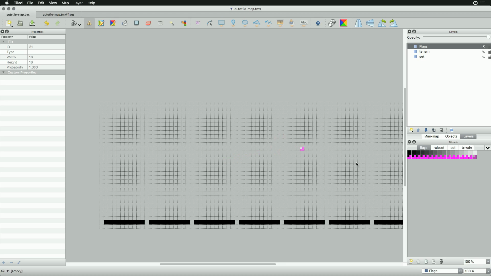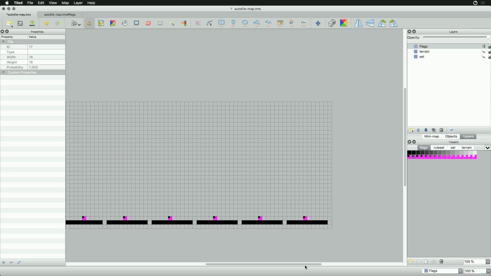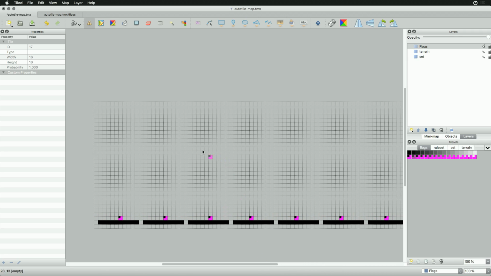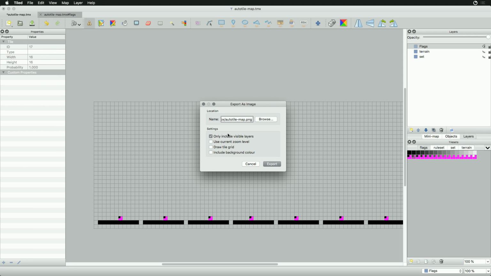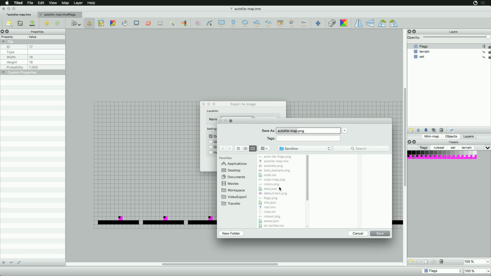What I want to get working now is let's do some basic spawning. And in every single one of these, I'm going to add a spawn point, and let's just see if this works. The reason I'm adding it to all of these is because I need to export as an image. I need to make sure that we see it because it's randomly pulling out the images. Tilemap flags, save,